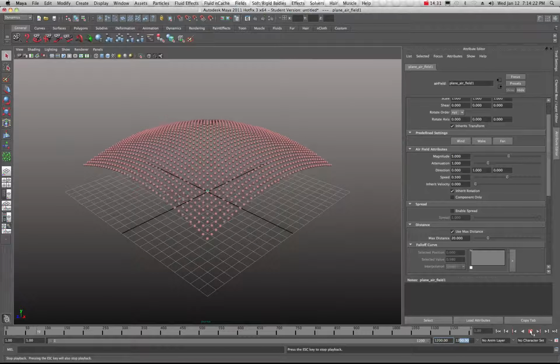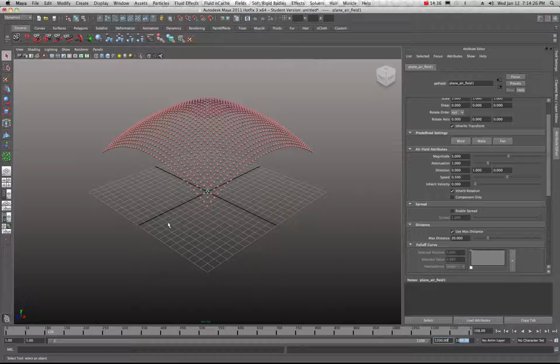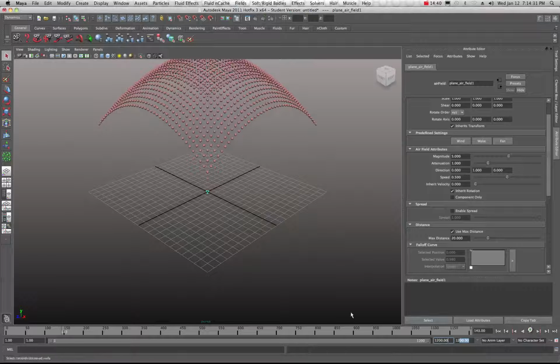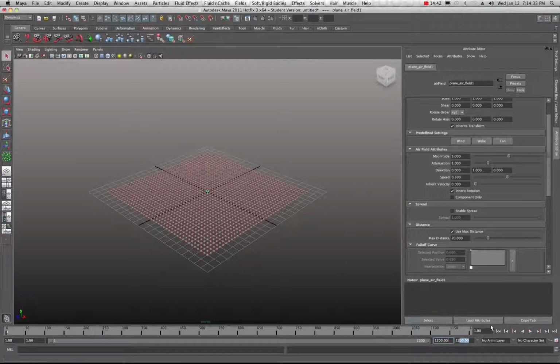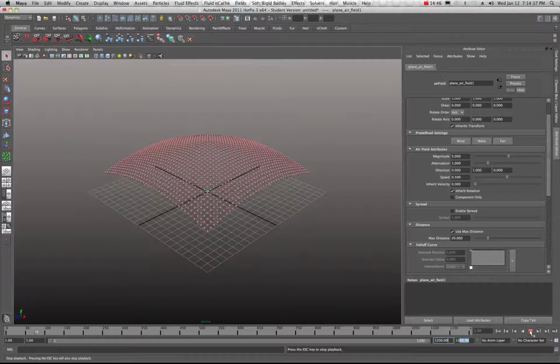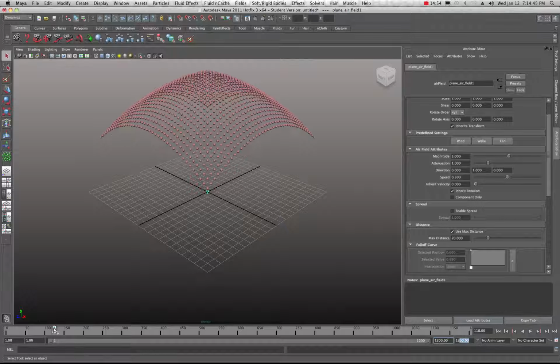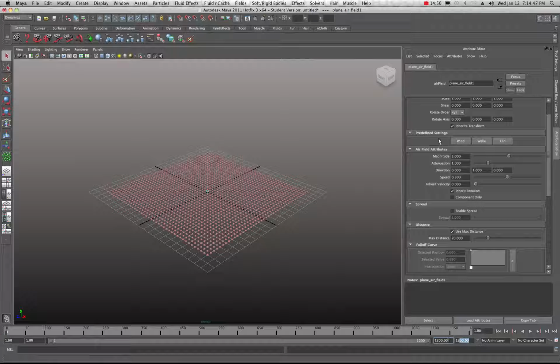Now, if all is well, this air field that we just attached is now on your particles, and there you go. You have a particle grid that's floating up into space. Let's go back to the beginning. And there it is. Awesome. Okay, well, you notice that it's floating upward. Well, that's because it's going up in the y-axis. Now if I were to switch that, if I come over here,